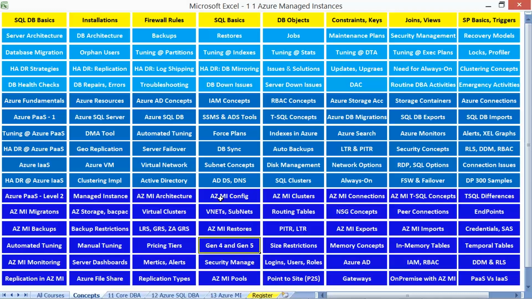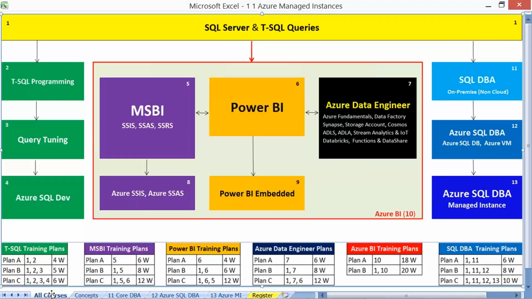With this information, once again, the sessions would be completely into practice mode. You may plan for 1, 11, 12, 13, or based on your prior knowledge, you may also opt only for 13. It's up to you.